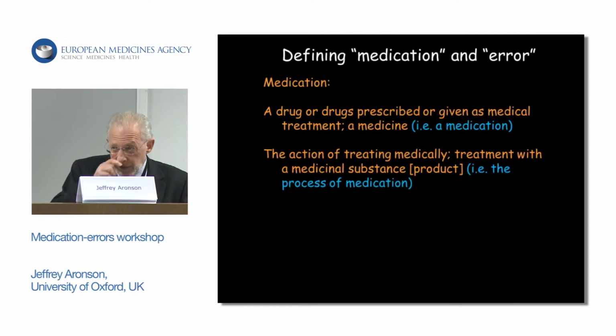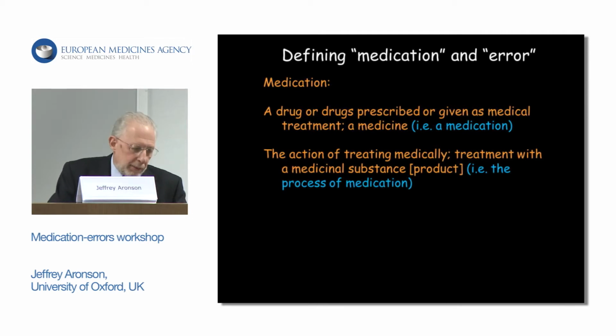So how should we define a medication error? I think it's difficult, and I think we should start by defining medication and defining error. That's a beginning at any rate. These are definitions from the Oxford English Dictionary, and English has a problem with nouns such as medication. Prescribing, I said, was ambiguous. It can mean different things. It can mean writing the prescription or deciding what to do.